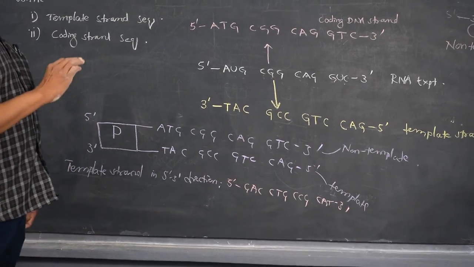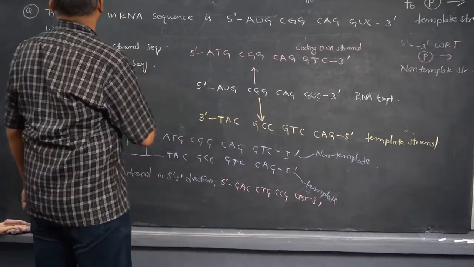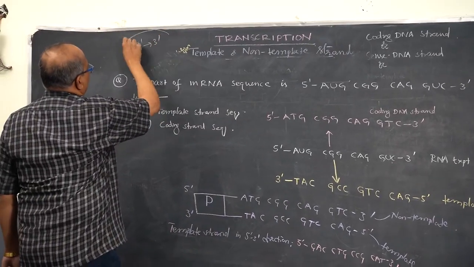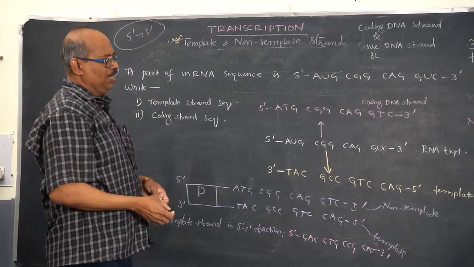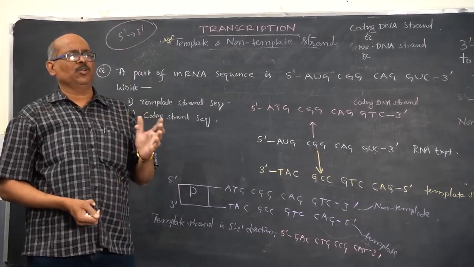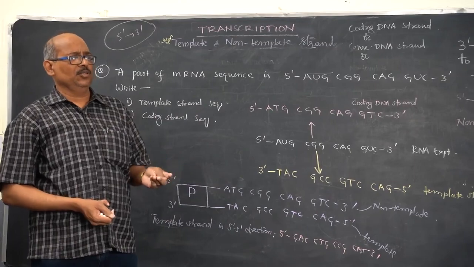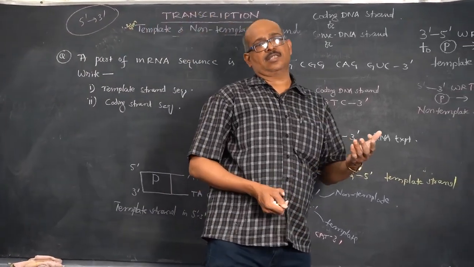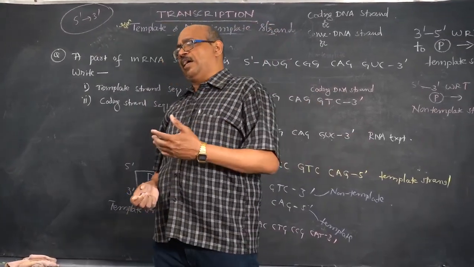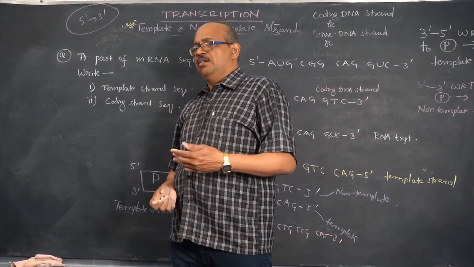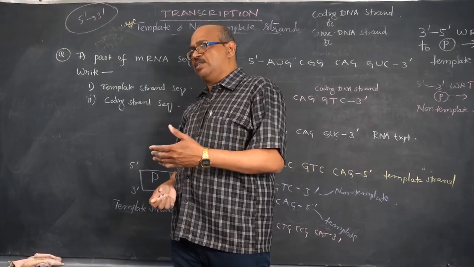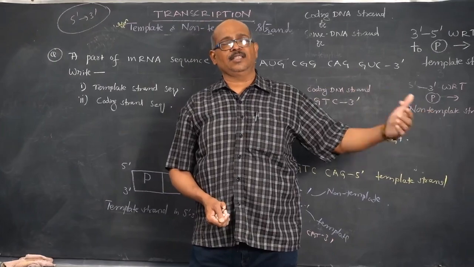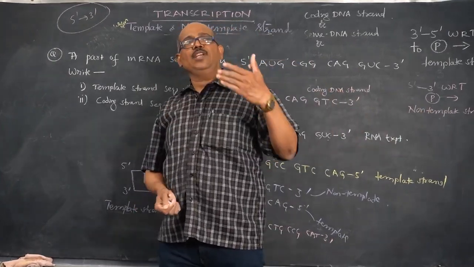So always when you write the strands, follow 5 prime to 3 prime directions. Especially when they are asked to find out any one particular strand, you are expected to go from 5 prime to 3 prime direction, because the convention in molecular biology says we should write sequences always from 5 prime to 3 prime direction. That is the direction in which the nucleic acids are